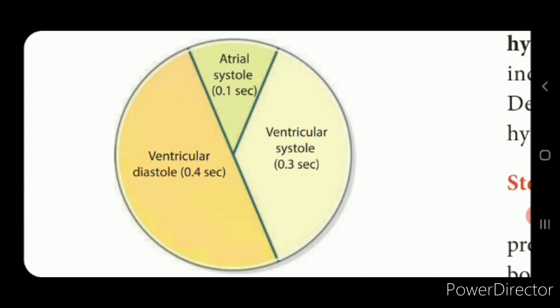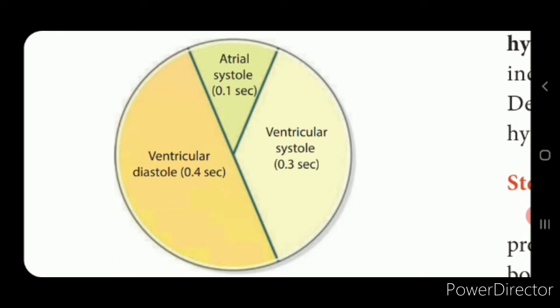Next we'll see what the cardiac cycle is. In the cardiac cycle, the events that occur from the beginning to the completion of the heartbeat, that complete event, is called the cardiac cycle. During this cardiac cycle, the blood flows in the chambers of the heart in a specific direction. Each cardiac cycle lasts for about 0.8 seconds. Now we'll see the events that occur in the cardiac cycle. Now we look into the picture, children.